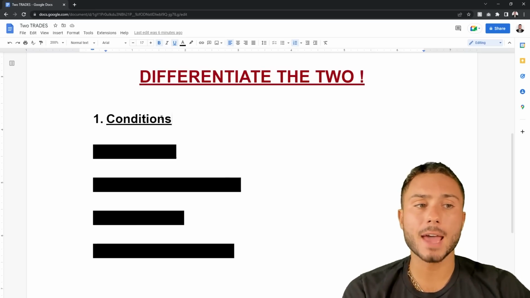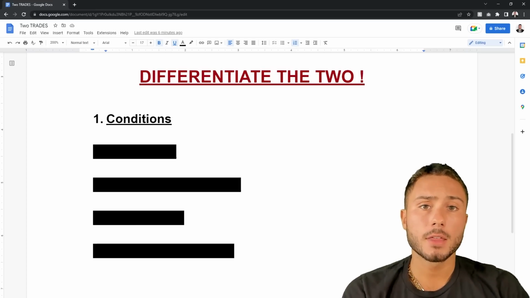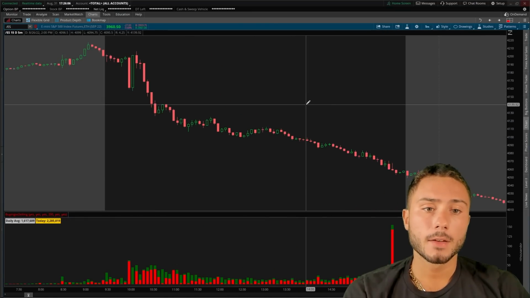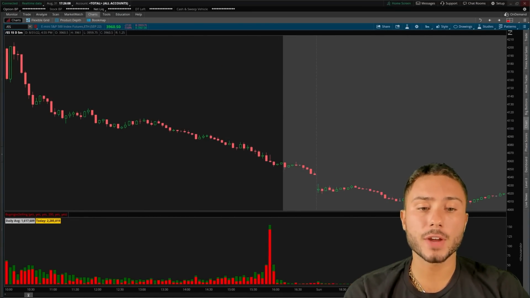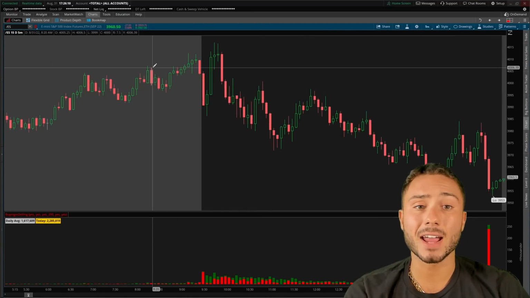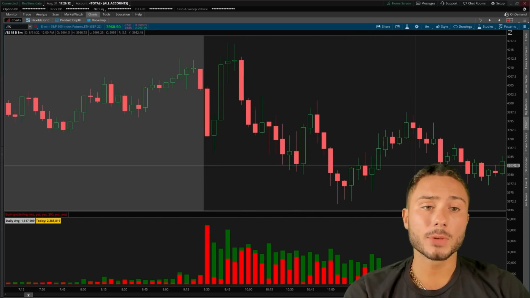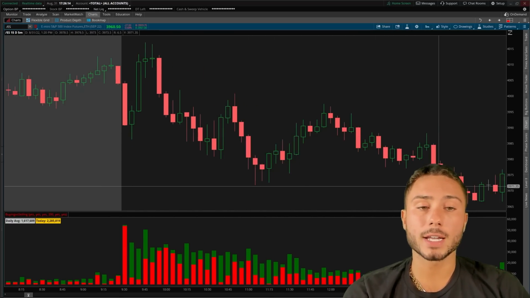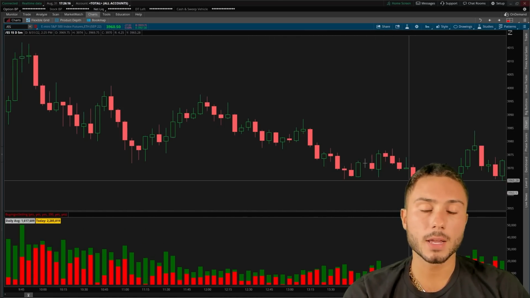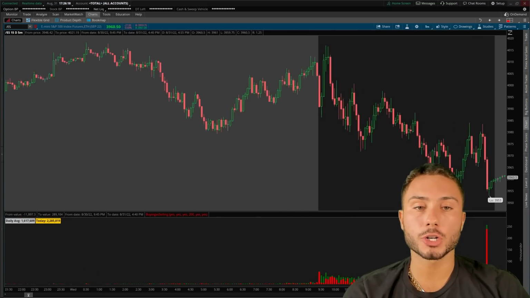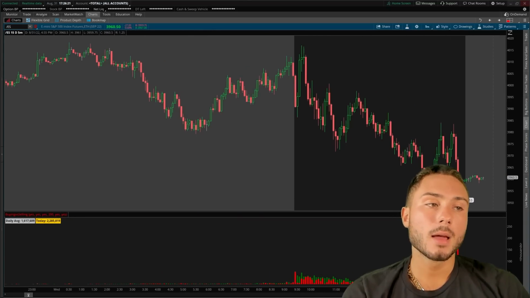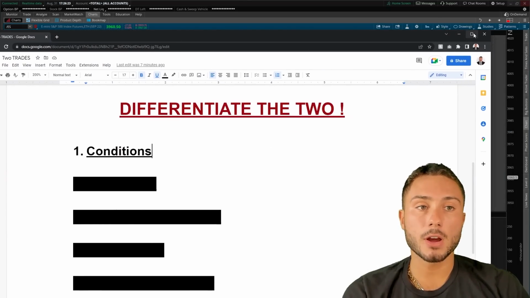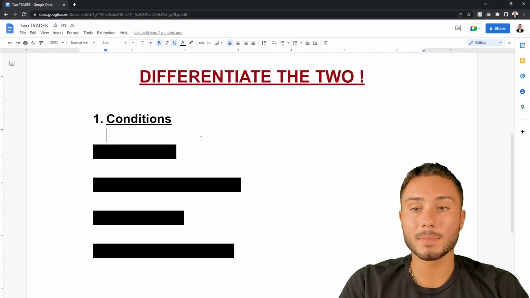Whereas when volume's dead, a lot of people get frustrated, right? They expect, okay, volume's dead, I'm going to try to trend trade something. For example, a day like today, volume was completely dead, and some traders were trying to trend trade this move and capitalize on a larger move when volume was dead. But play around with it now that you understand conditions, and that's going to bring me into my next point,